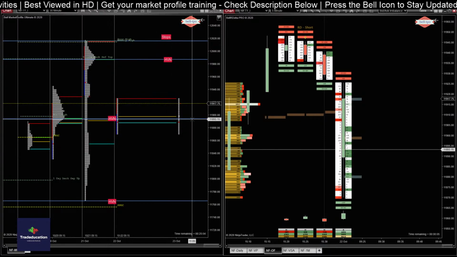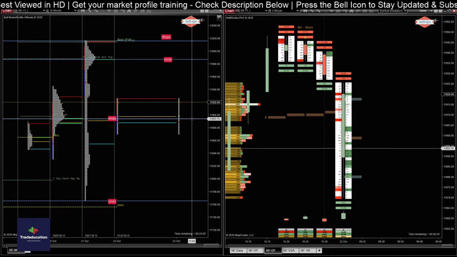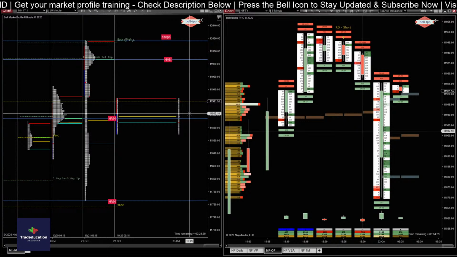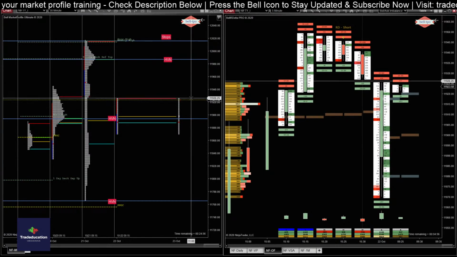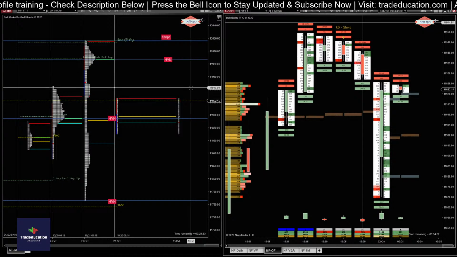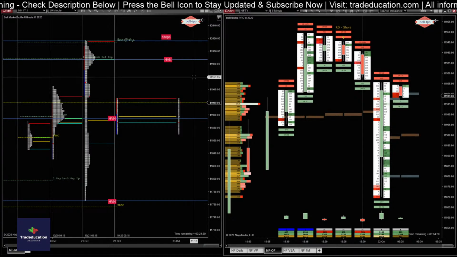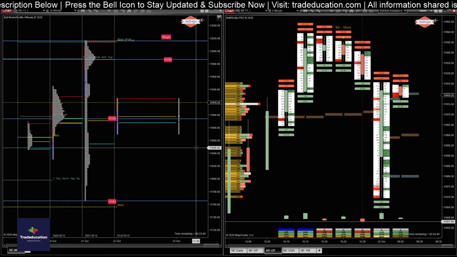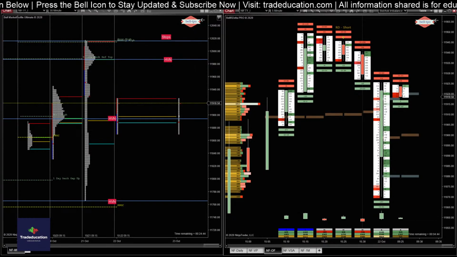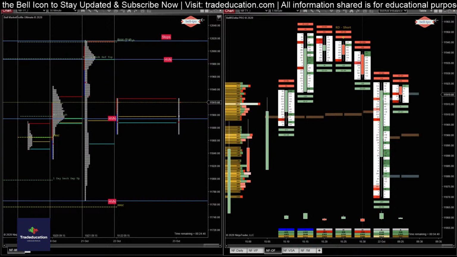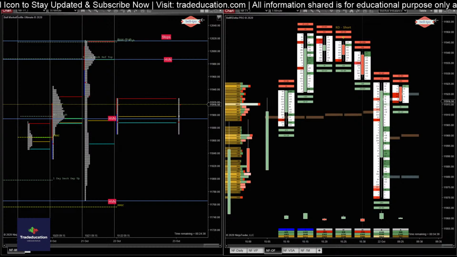Right now the main immediate reference is the HVN. So it's above it, so it means it's bullish. So I'm expecting it to continue higher and try to see some sort of exhaustion around the highs. So both the low and high are weaker. Currently, I'm not seeing any trade plan for today.